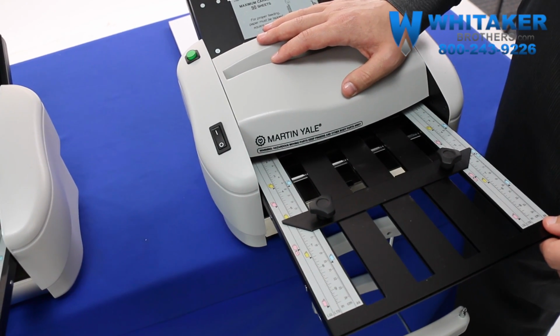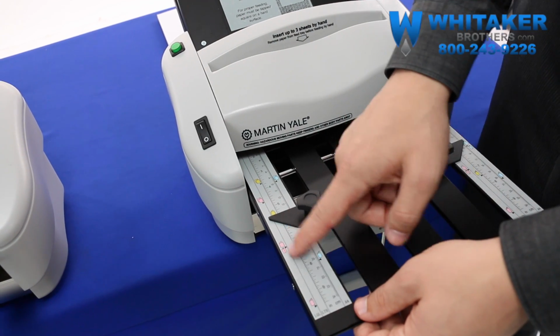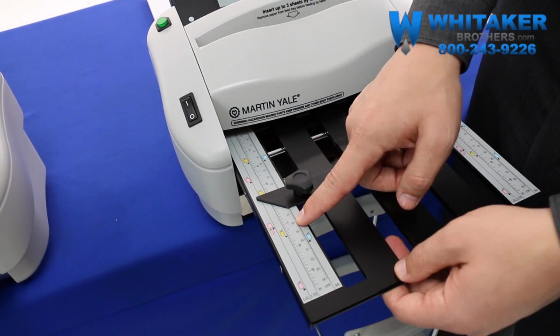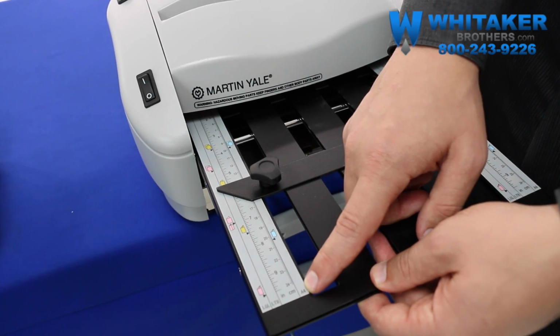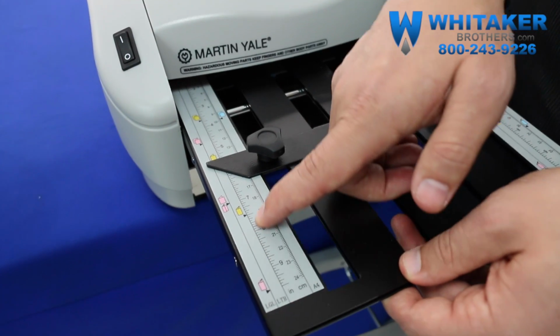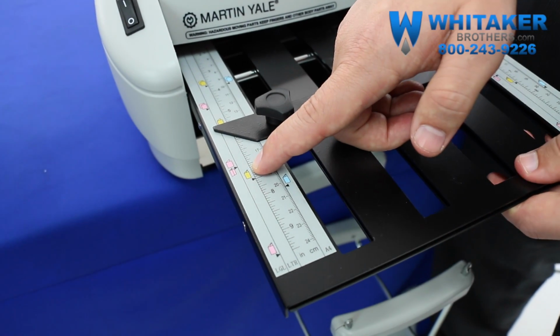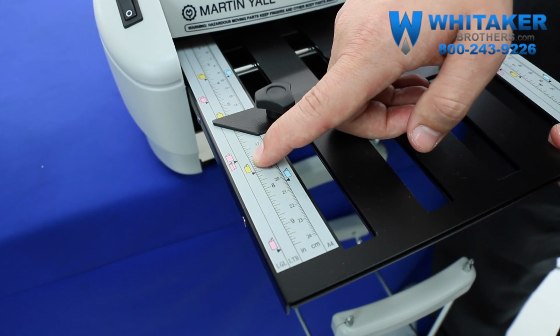In the Yale P7200 and P7400, you've got a whole bunch of pictures on the sides of the fold plates that make it really easy to see what you want. You start here by looking for your size. We're not using A4 size paper. We're not using legal paper. We're using letter paper. So the machine is telling us that these adjustments are going to be the yellow pictures. And the first picture I go to looks like a letter fold, and that's what I'd like to do with